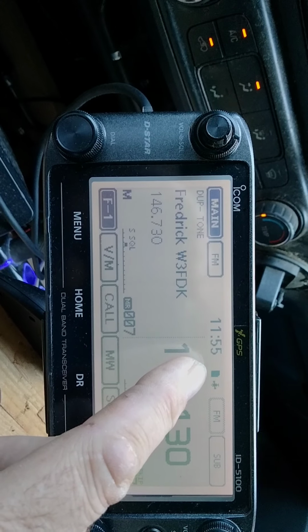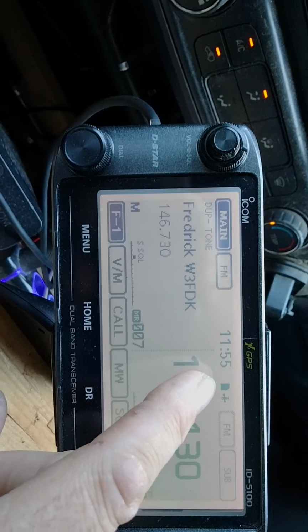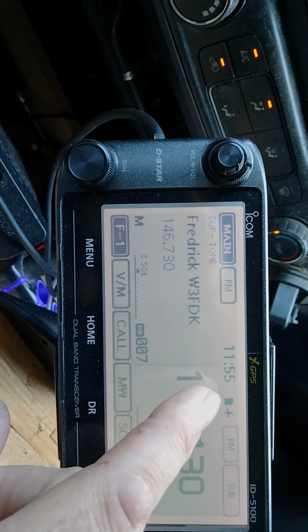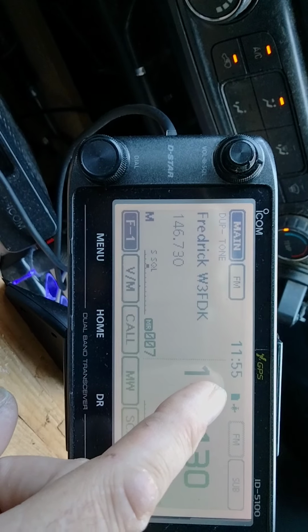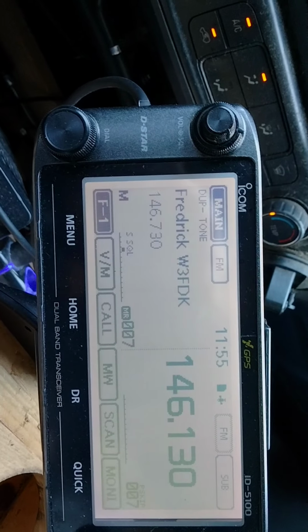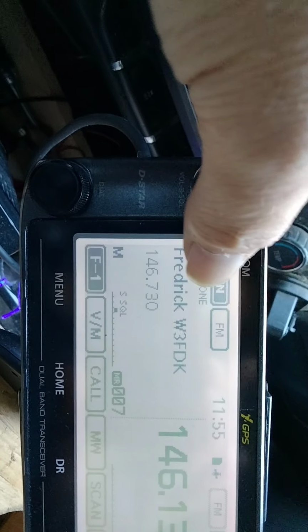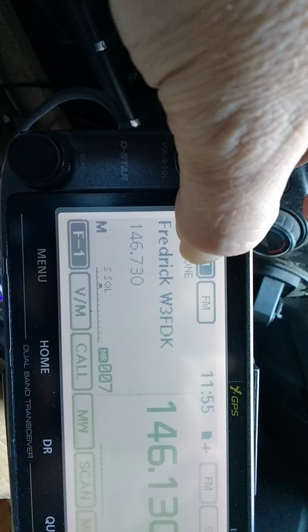It does allow you to record transmissions and broadcasts, so it does a really good job, and it will pause between transmissions automatically, so it's not constantly eating up the memory space on the unit itself. But here's the coolest feature I like. If you hit and hold the main button,